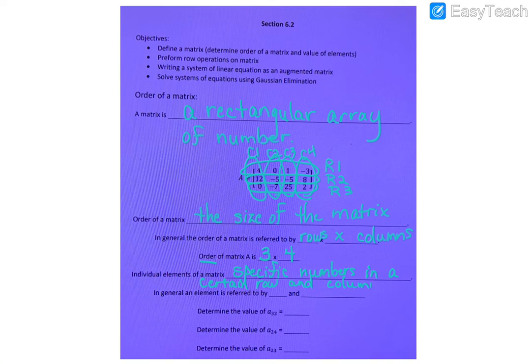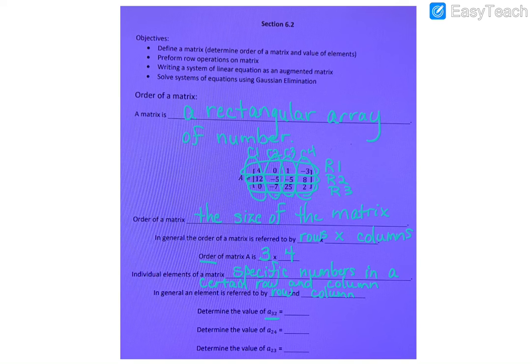In general, an element is referred to by its row first and column second, just like you would determine the order. So in this first example, when they're asking me to determine the value of lowercase a 3, 2,